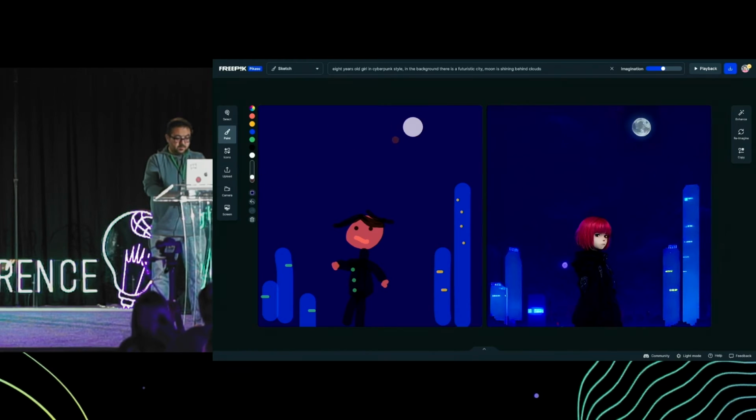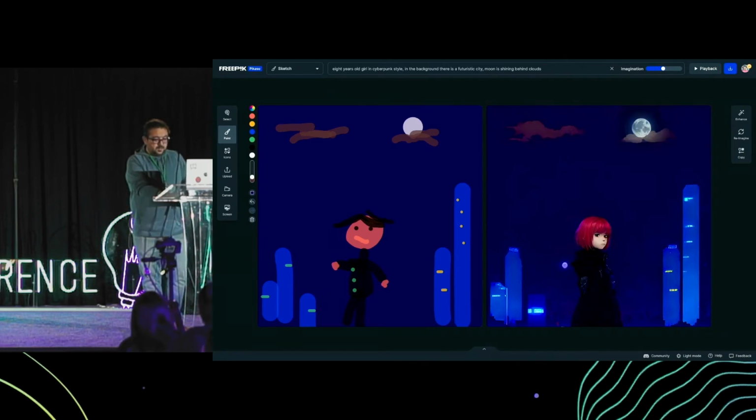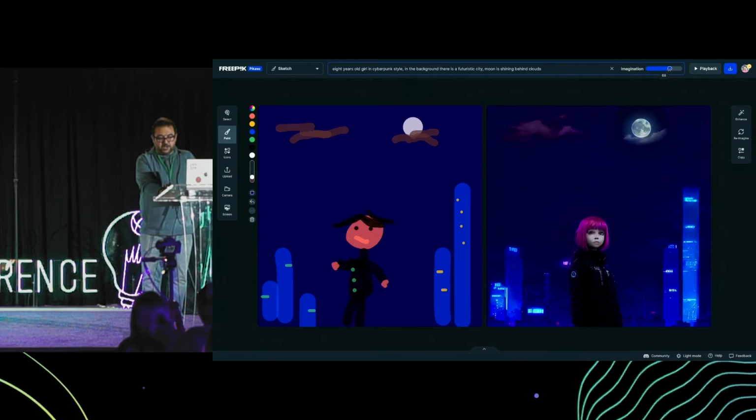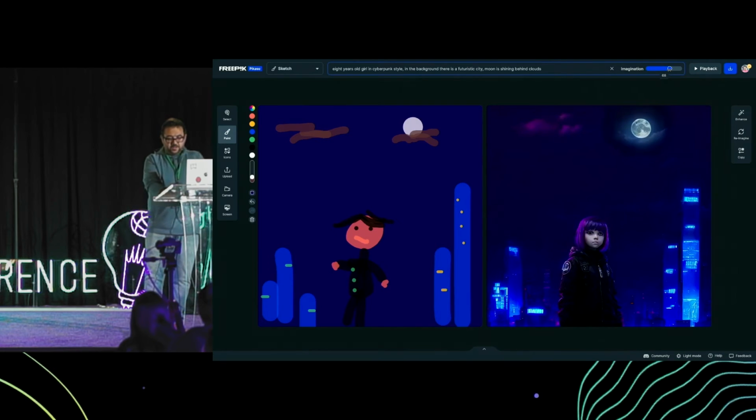Some clouds, some more clouds here. Still not looking perfect, so let's keep asking for help from the imagination here. You see, it keeps getting better and better.